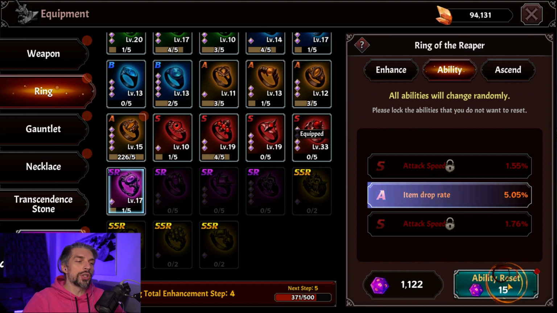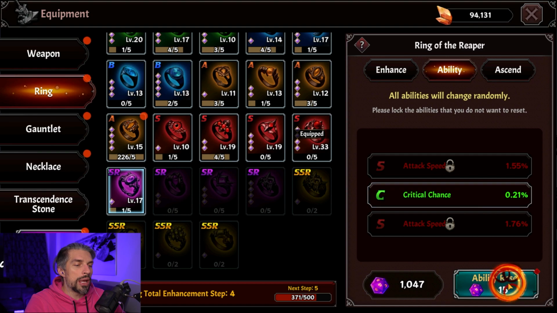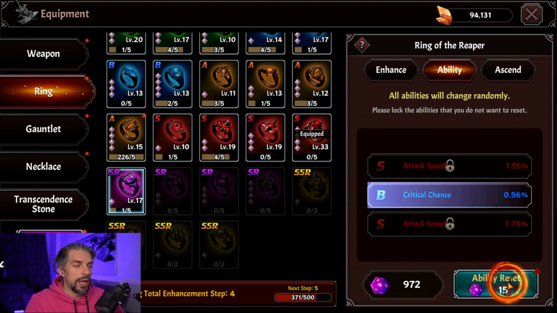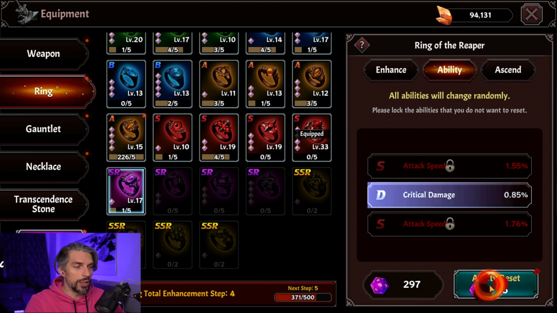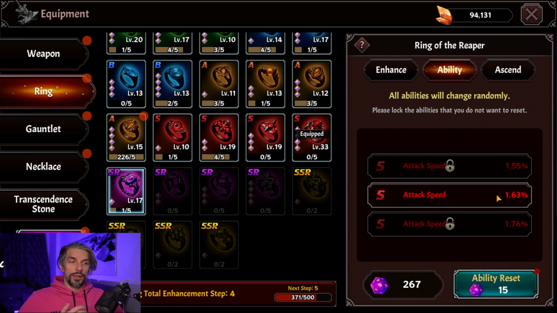And you should stop rolling somewhere around, I don't know, maybe 500 of those items that you have. And depending on how far you are into the game, you would like to maximize those or not. Like, if you are getting SSR rings or last tier SR weapons, those will be with you for a long time. So it's a good idea to roll on those. Right now we're running out of those ability reset ones, so let's get something decent of A rank and be done with it, because otherwise...